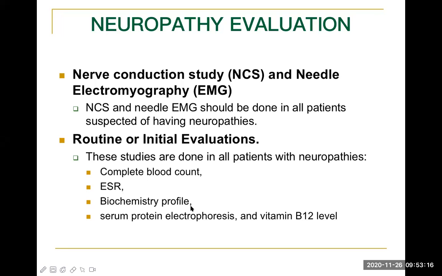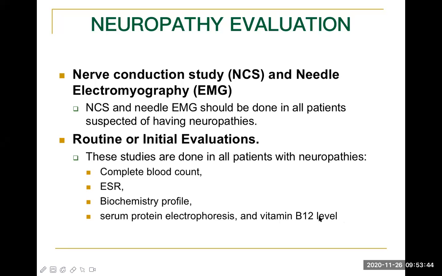In liver functions, and in case of chronic renal failure, there is a condition of peripheral neuropathy. We studied that before. And serum protein electrophoresis is a test which can show us some abnormal proteins in the serum. One of the important examples here is multiple myeloma, which can damage the nerves, as well as vitamin B12 level,